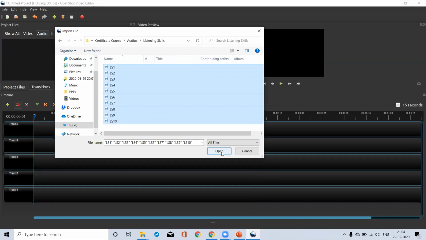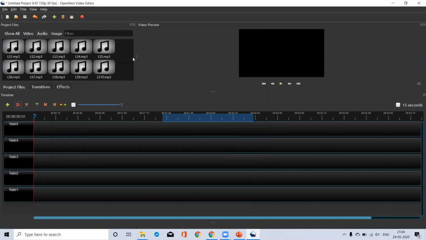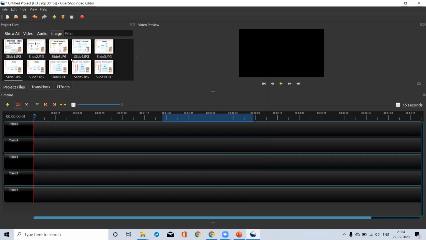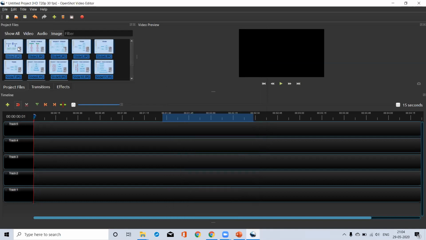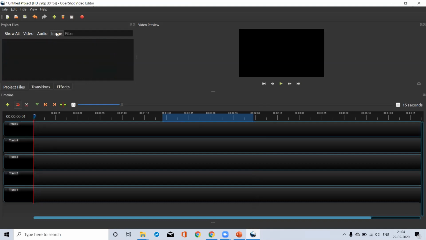These are actually voiceover for other audios. I'm simply removing these files because this is not apt for this project. So by selecting all, I removed everything.